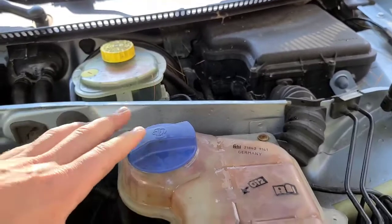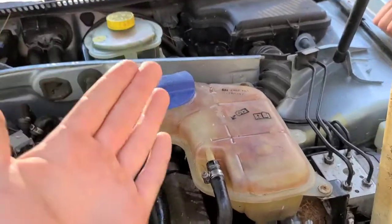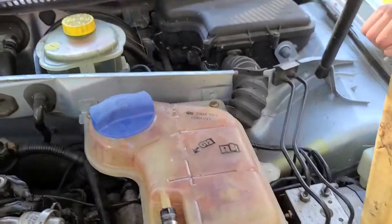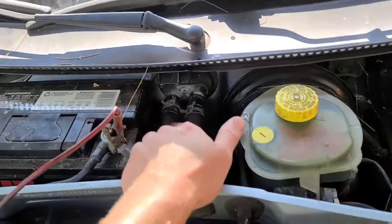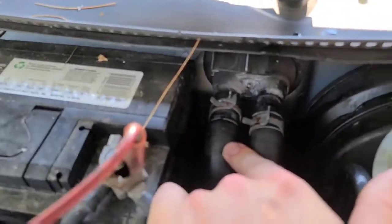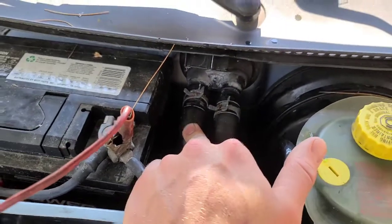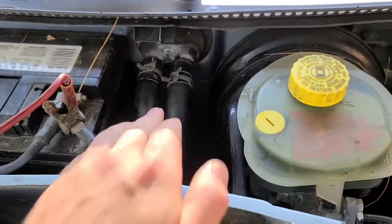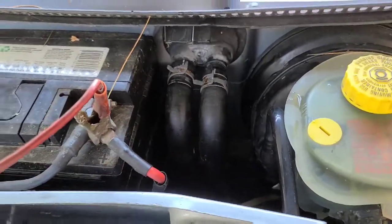We're going to take the screws out. You're going to want the cover off, and we're going to tip the coolant reservoir up, which will make all the coolant travel down through all the lines. But before we do that, you got to take this clamp off, this little hose here closest to the battery, and you're going to pull the hose back almost to where it's going to be off